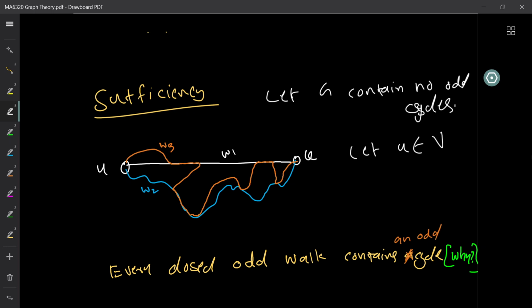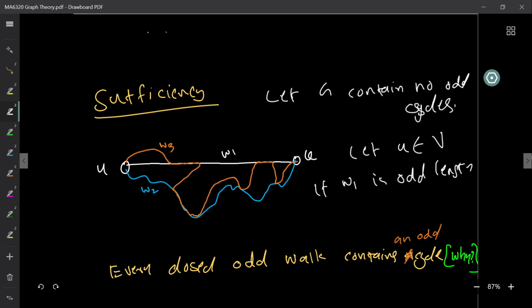So suppose I take a connected graph and then pick one vertex. Then for every vertex V in the graph, I see if I can find a UV walk and then look at the parity of this walk. So I pick any walk, let's say W1, and see if W1 is odd length or even length. Now I claim that, let's say that there is a walk W1 of odd length, right? So if W1 is odd length,